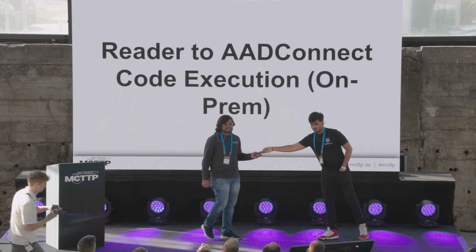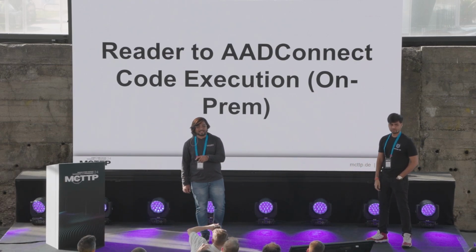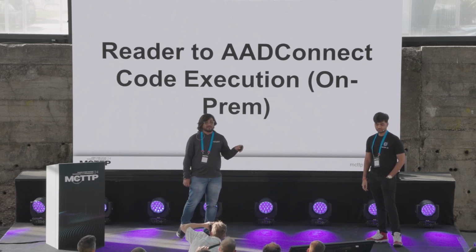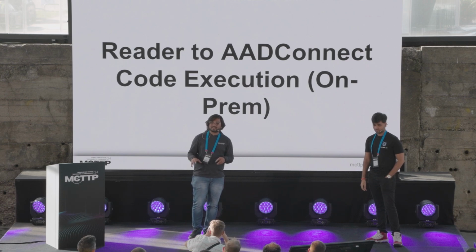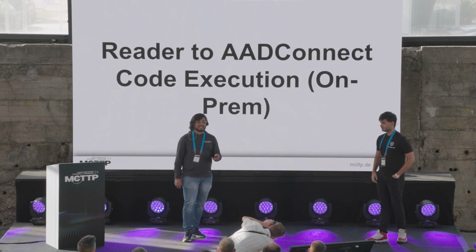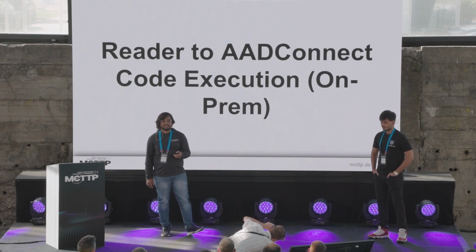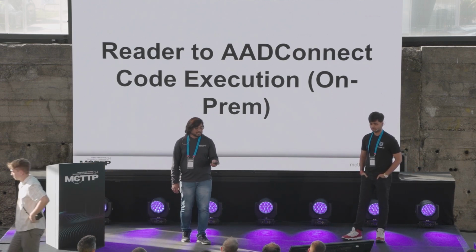So now we will discuss an additional attack path, from reader, and how we managed to get access to the AAD Connect machine. That is a hybrid identity system, or a functionality that is available in Entra ID, right? And once you have access to that particular machine, indeed you can escalate your privileges to global admin. So we are going to discuss that.